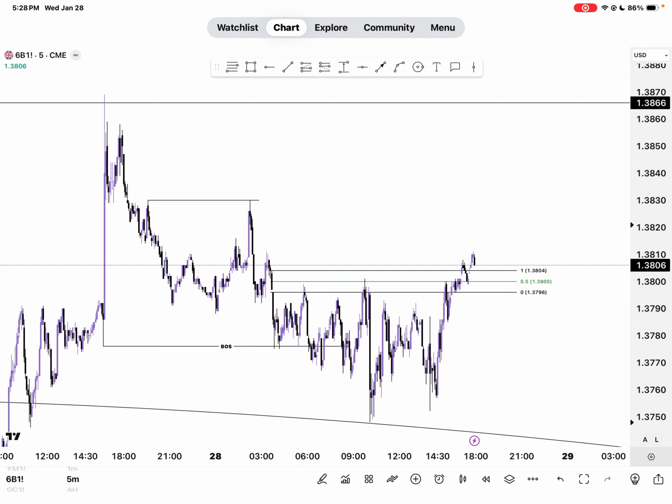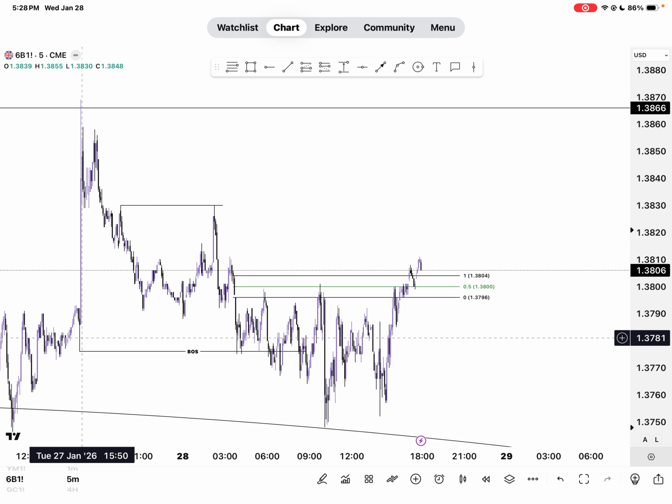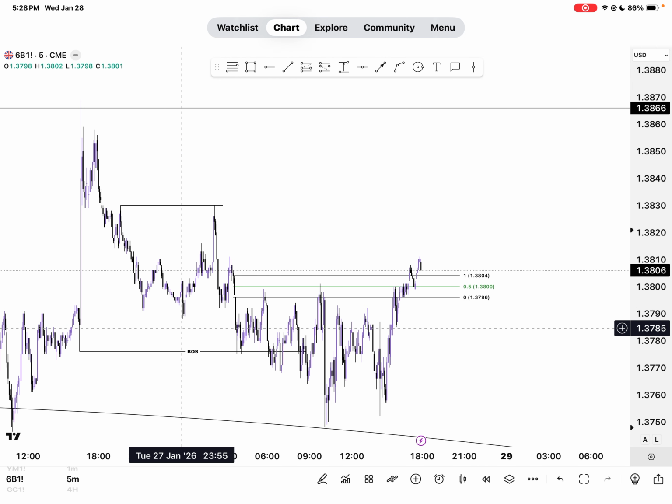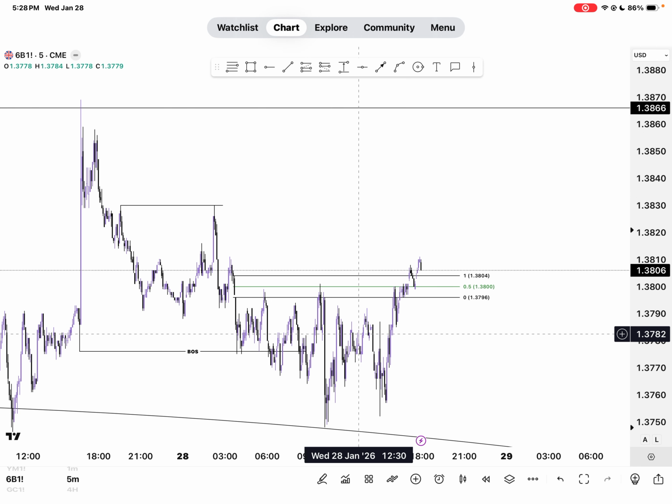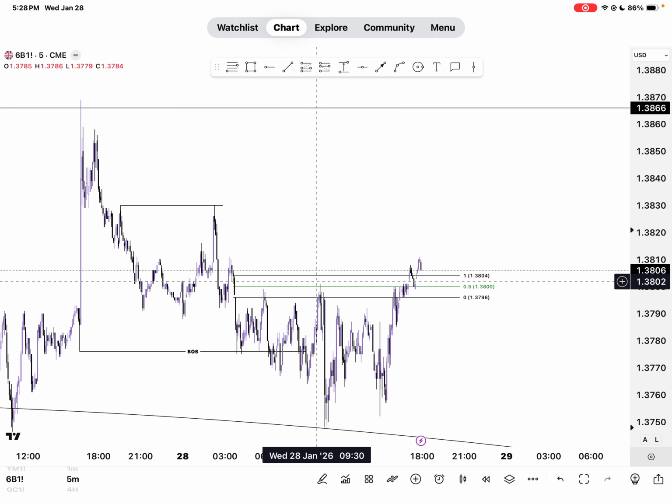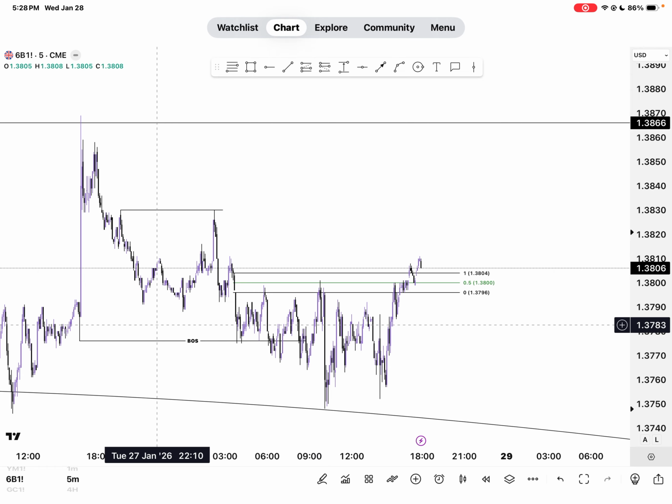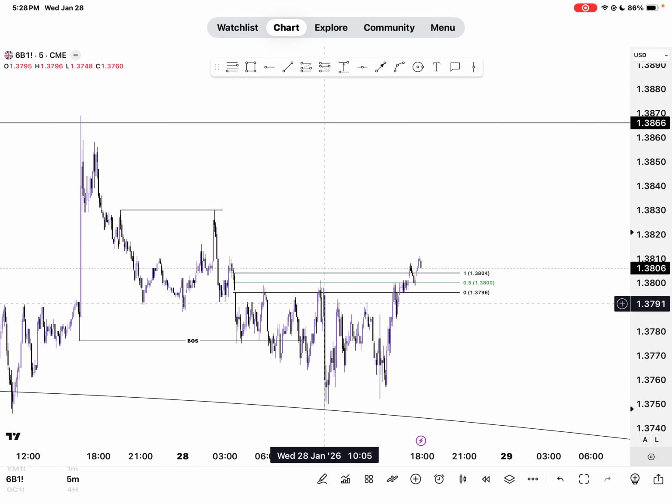Now, just because I was taken out here does not mean that this negates the potential draw in liquidity. To me, like I said, this is just an aggressive, very aggressive confirmation anticipating that price action is going to be bearish. And if it is true, if we are going to be bearish and I did get taken out here, it just means I was early. And consequently, this has the same structure.